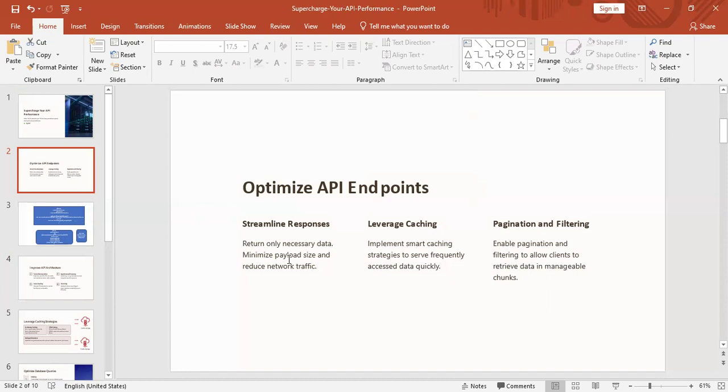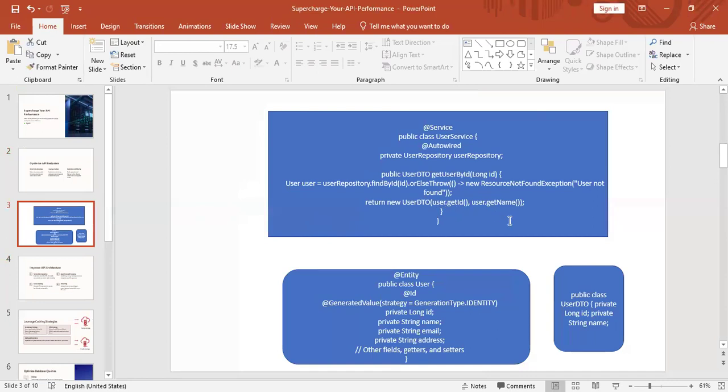So let's understand streamline responses. What this means is, if we have created one entity class, there are fields we have taken: long ID, name, email, address. Suppose only two fields are necessary, like ID and name. So we can return only the necessary fields, ID and name. Here, if you see, this user repository findById, we are returning a user DTO here. User DTO only contains two fields,